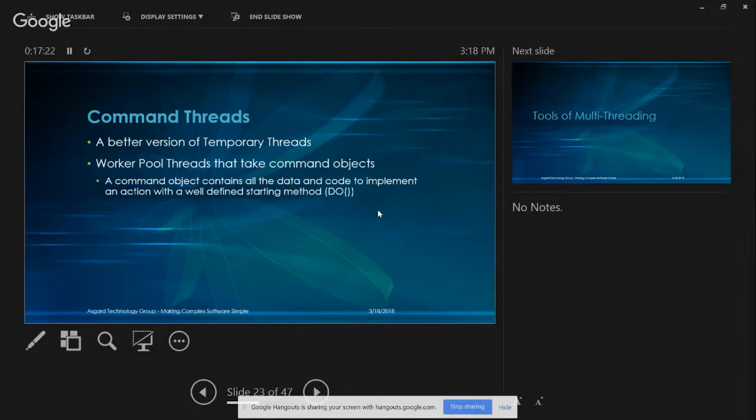It's like a worker pool, except you've abstracted out what the work is. So you're using the command pattern. People familiar with the command pattern at all? No. Well,